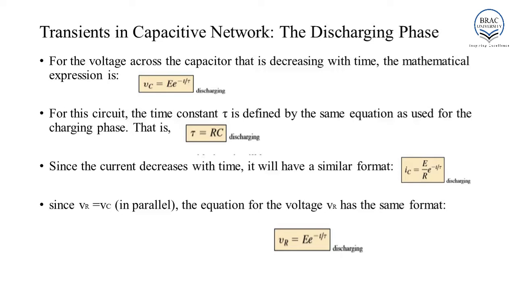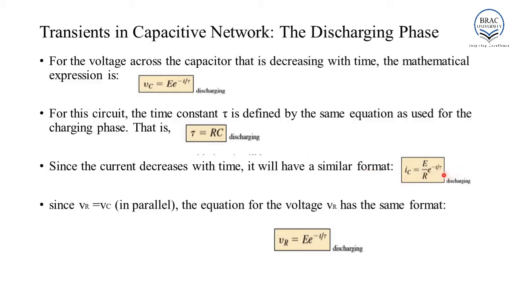Since the voltage across the capacitor is decreasing exponentially with time, the mathematical expression for Vc will be equal to E times e to the power minus t by tau. Tau will be equal to RC, that is the capacitance of the capacitor and the resistor used in the discharging network. The current will decrease exponentially with time. Hence, the expression for the decreasing current will be IC equals E by R e to the power